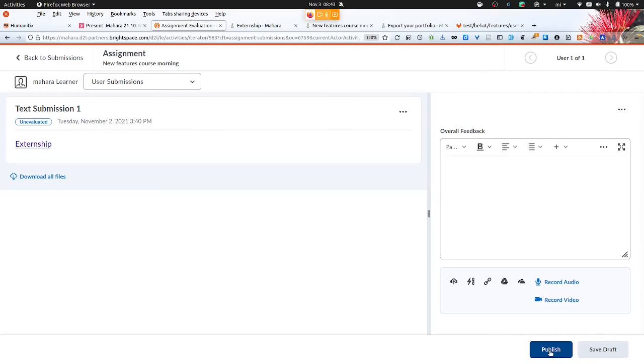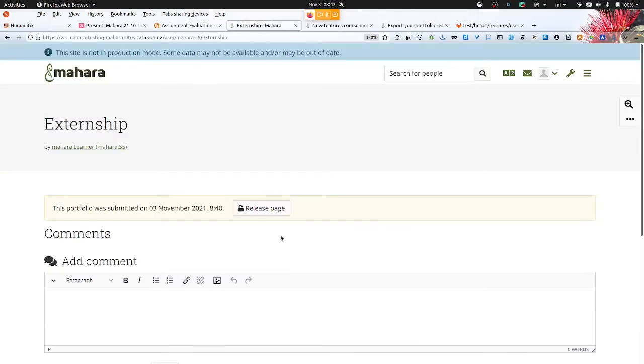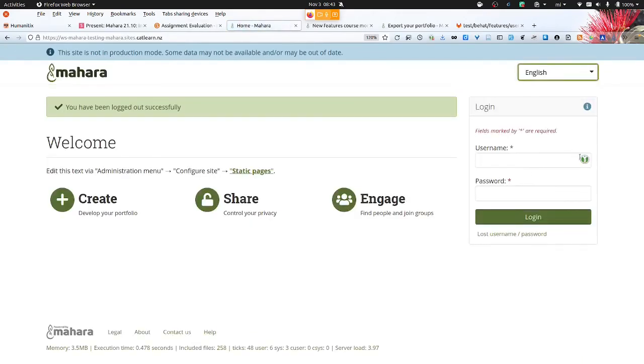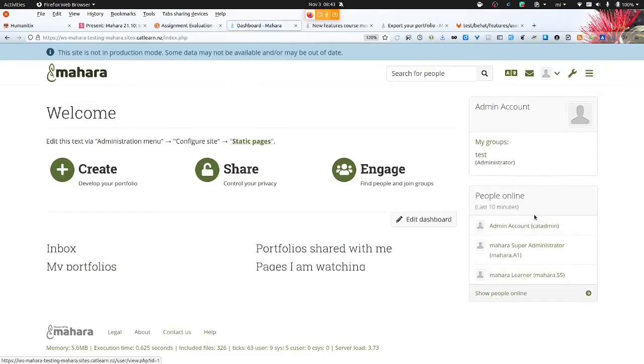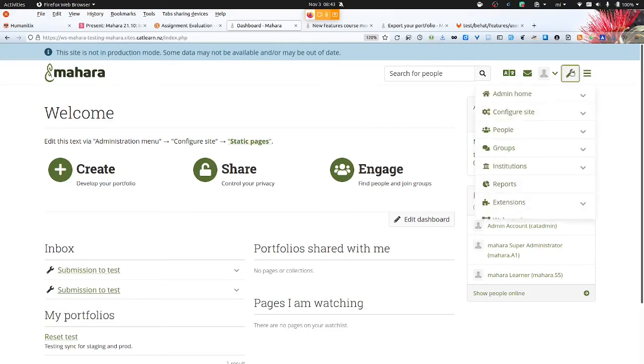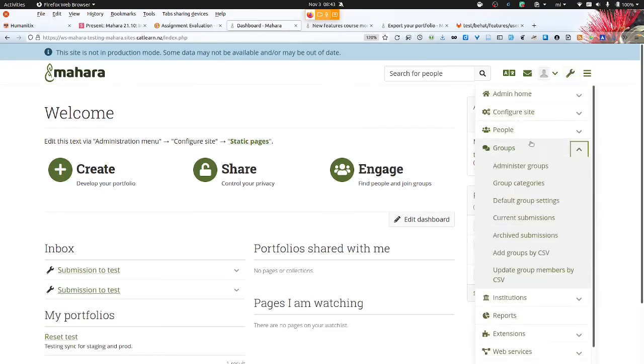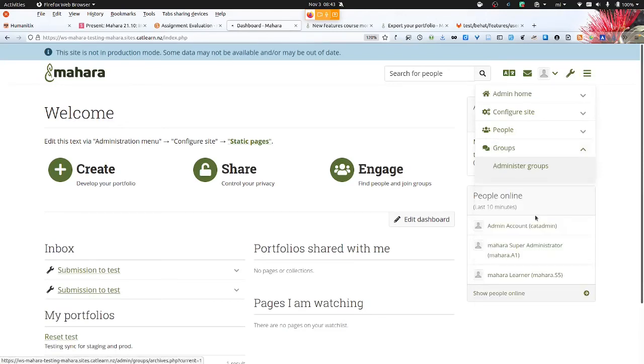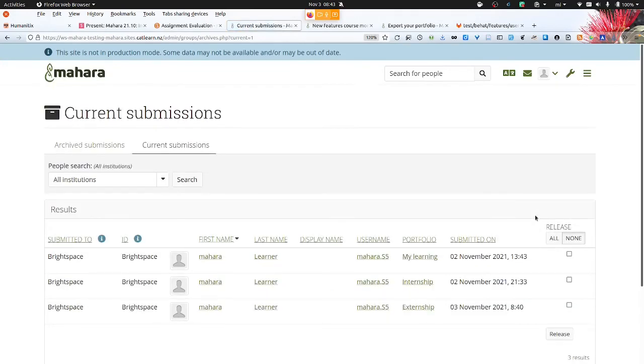So what we were looking at is what can we do just by making changes in Mahara, and therefore that is one of the aspects that is kept separate. So they would publish the grade here, and then always still need to make sure that they can release the page. And now one thing that will also help all of you that cannot yet use LTI Advantage is that there is a new site administrator option available under groups, where we used to have archived submissions. There is now also current submissions, and we might actually just put that all together in one menu item.